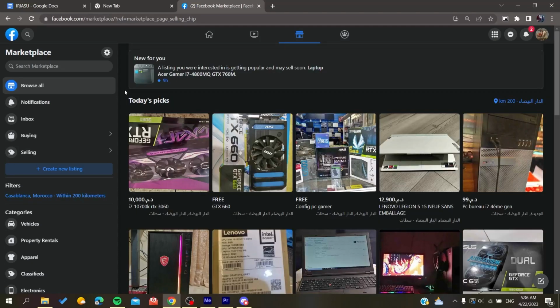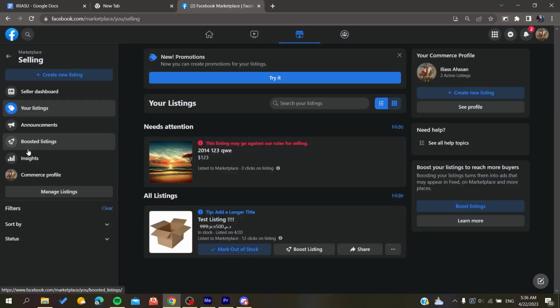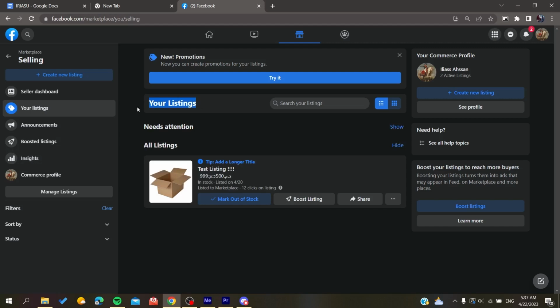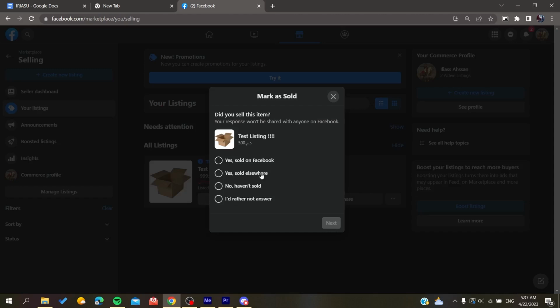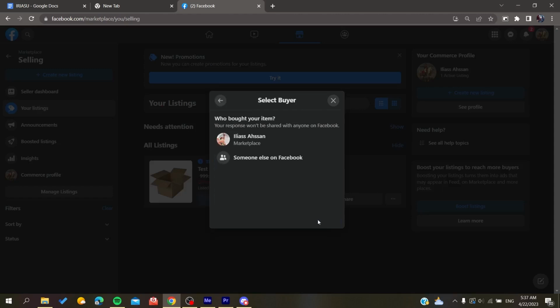And after that you go to the marketplace. All you need to do is to go to your selling portal. You click on selling and here we will find all your listing. And basically all you need to do is to go like this, and here we will find mark out of stock. So basically just click, for example, yes, sold on Facebook, and then click on next,